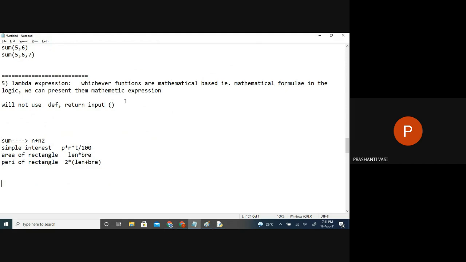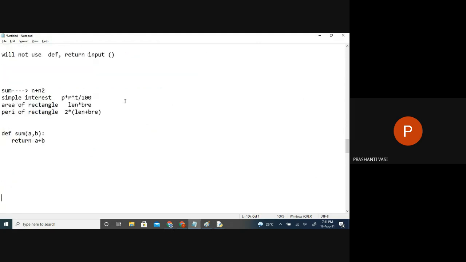So let us see one function. Generally, how do we define this? In this manner. This is the concept of normal function definition. So it's a programming language. But if you want to mention it like a formula for sum, I'll say sum is equal to lambda expression, taking how many inputs now? 2 inputs. And what should I return? A plus B. So it's more or less like a formula with how many inputs? With 2, like we say in functions.